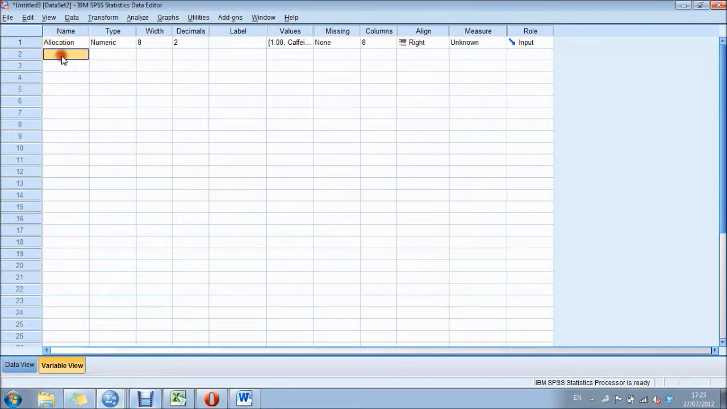In the next column, so when we go back to the data view, this will be in the columns, we're going to put our dependent variable. In this case, it's our javelin throwing distance. So what we can put in here is javelin throwing